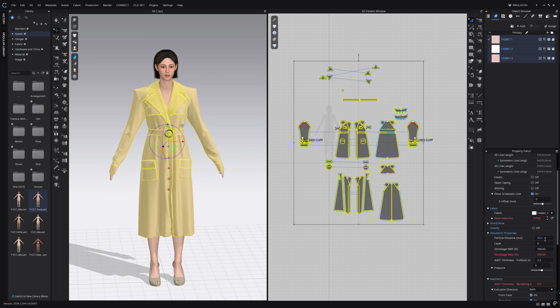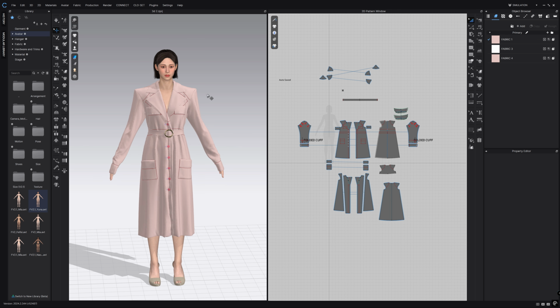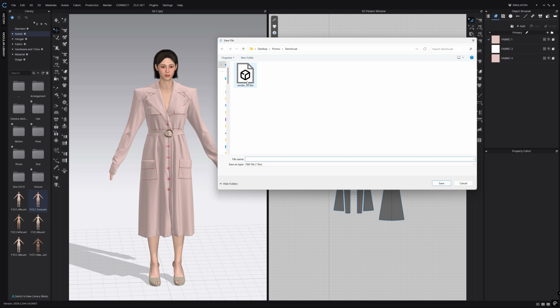I'm going to change the tessellation to 7.5, so we got more triangles. This is going to run through quickly. Perfect, and done. All right, I'm just going to simulate quickly to make sure the changes are adjusted. Everything has come together. All right, now File, Export, FBX, and I already have an old one, but let's override